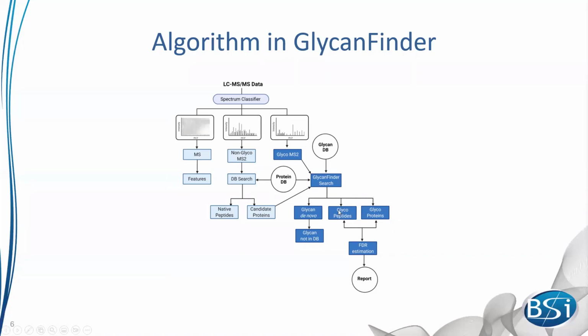We also have the ability to do glycan de novo sequencing. In that case, we're trying to find a list of potential spectra that are possible identifications. For those of you who are familiar with Peaks Studio, we have the de novo only view, where you have a list of good quality spectra that were partially matched to a protein sequence by de novo sequencing. That can provide you a list where you can potentially identify some novel sequences. So we do that for you as well in Glycan Finder.